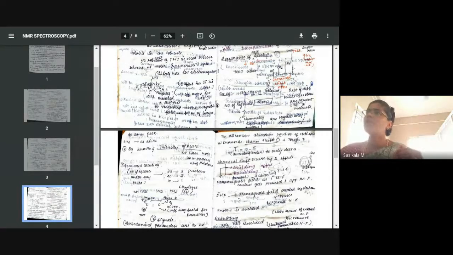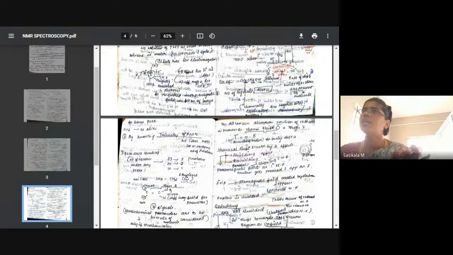Next we have to know where these protons are located in the spectrum, whether at 2 parts per million, 5 parts per million or 8 parts per million. That tells about the chemical shift value. So what is chemical shift? It is the shift between the absorption position of the sample and the absorption position of the standard, or the distance between them. The unit is parts per million, and we denote it with delta. One more symbol for chemical shift is tau, T-A-U.